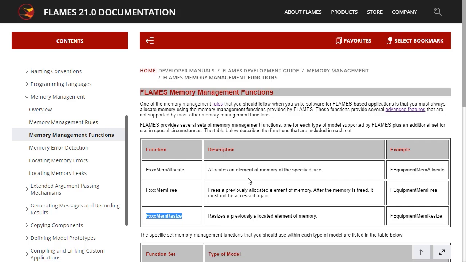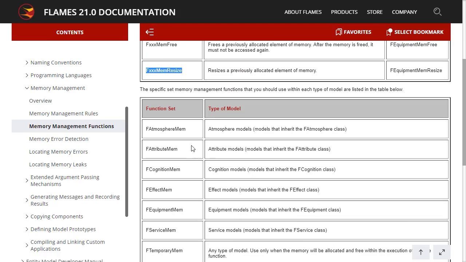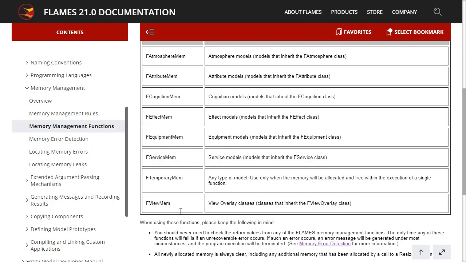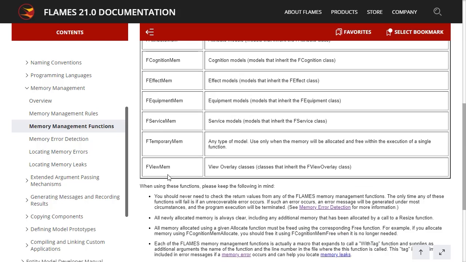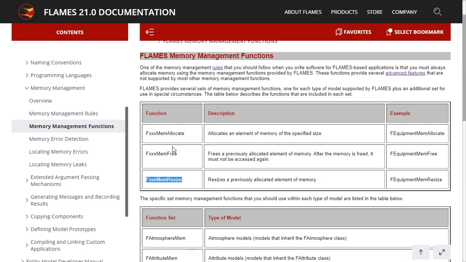We've got a bunch of different allocators. So we've got atmosphere memory, basically one allocator for each primary class of model. So we've got atmosphere, attribute, cognition, effect, equipment, service, temporary, and view. And so those are the memory allocators that are available to you, and each one of those has an allocate, a free, and a